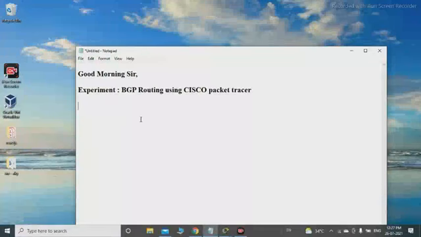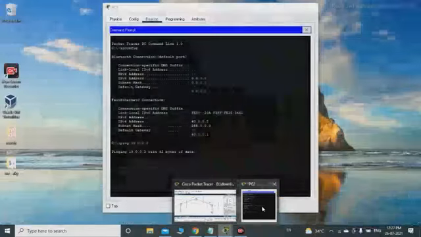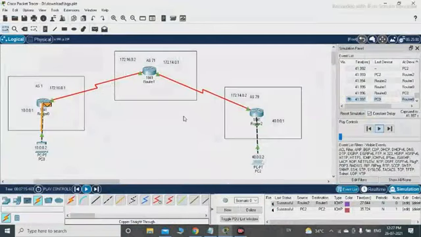BGP, which is the Border Gateway Protocol. Here we are going to implement it using Cisco Packet Tracer. So we know that Border Gateway Protocol